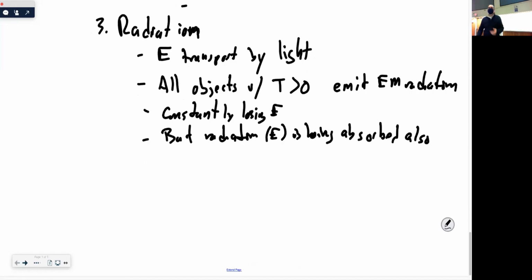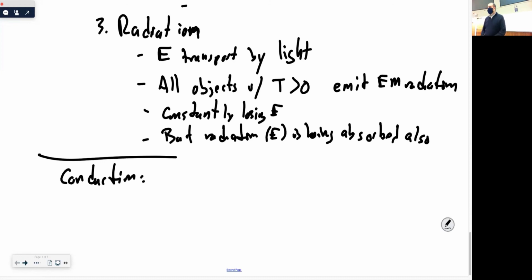But it's kind of complicated. We still don't fully understand it. It's really difficult to parameterize. And aside from some very important astrophysical and geophysical applications, it's not that terribly important for most physics applications. So let's focus on the other 2 and go through them as best we can. So let's start with conduction.